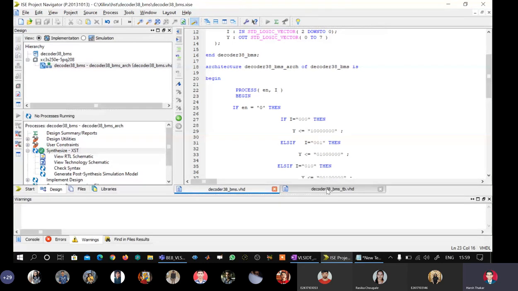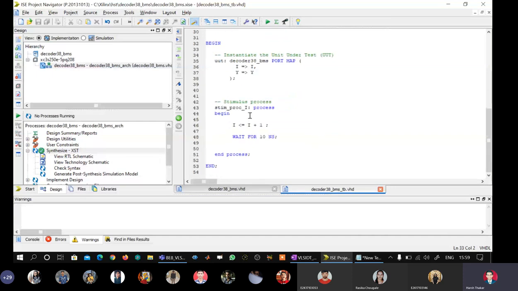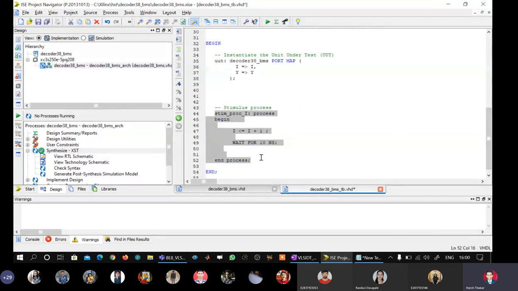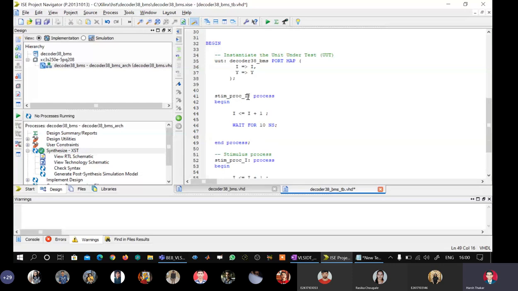We are through. Now in the test bench program also I have to write one more process for enable. So I will just copy this, and let this process be for en. Now I will disable. I will say en is assigned single tick 0, and I will wait for all 8 combinations. So I will say 120 nanoseconds.